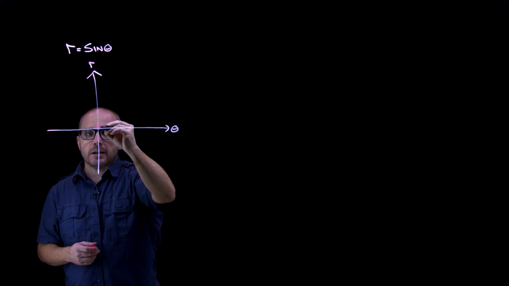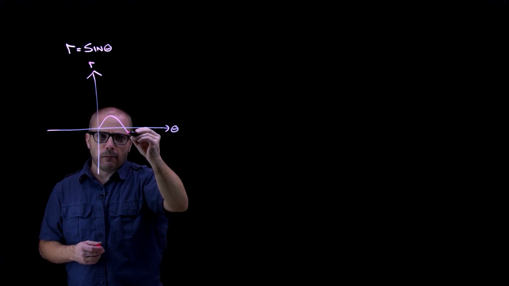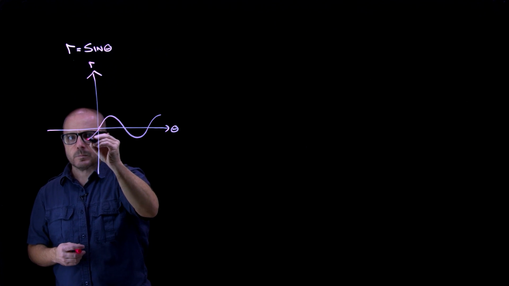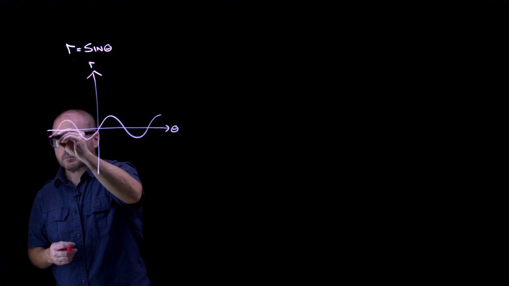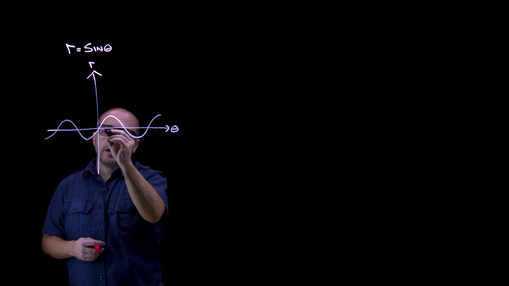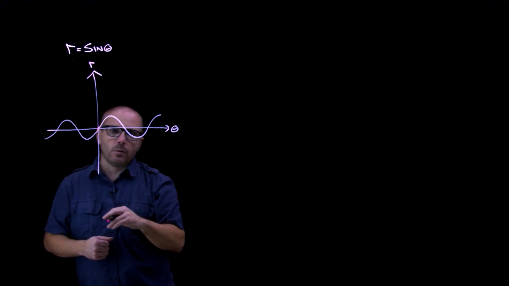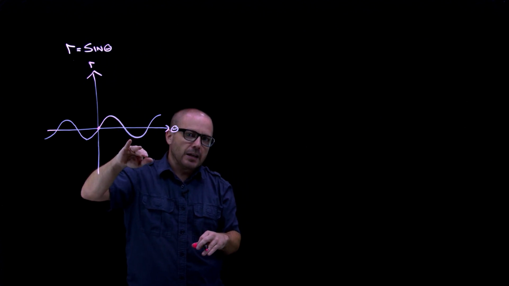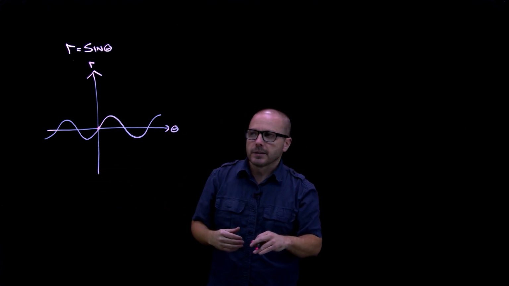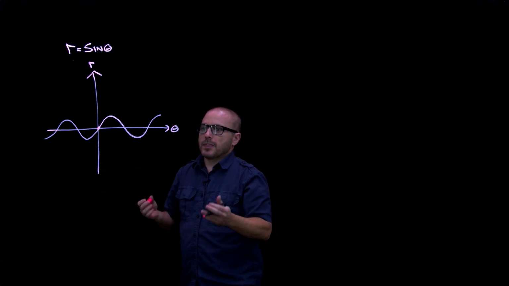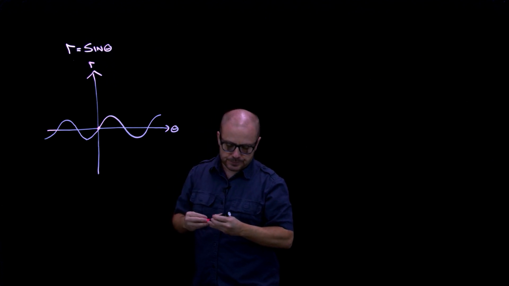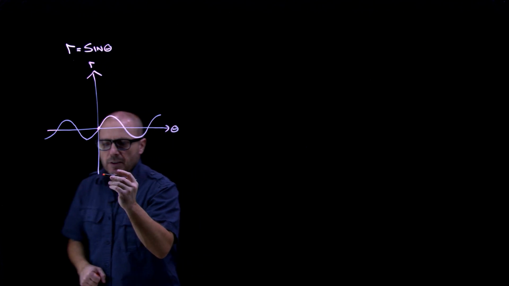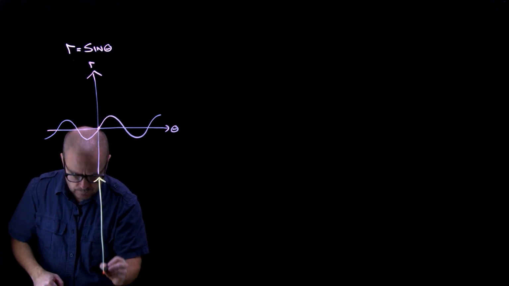r equals sine theta looks something like that. And we know where some key behaviors happen as far as where the peaks and valleys are, when it's going up, when it's going down. So let's think about what that tells us about the polar graph. So let's think about graphing in polar coordinates